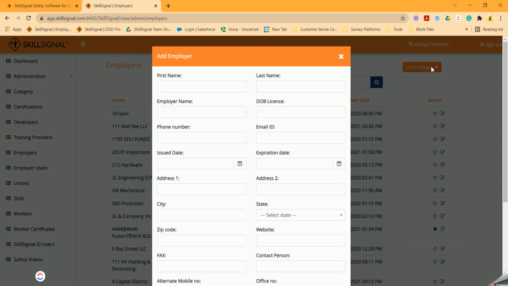Important information that you need will be the first and last name of the contact person for this employer. If you don't have that information, you can still add this employer. Just type in unknown and then unknown for the last name as well. But if you know the name of the contact person here, that'll be perfect. So let's use, and then the employer name is, okay,